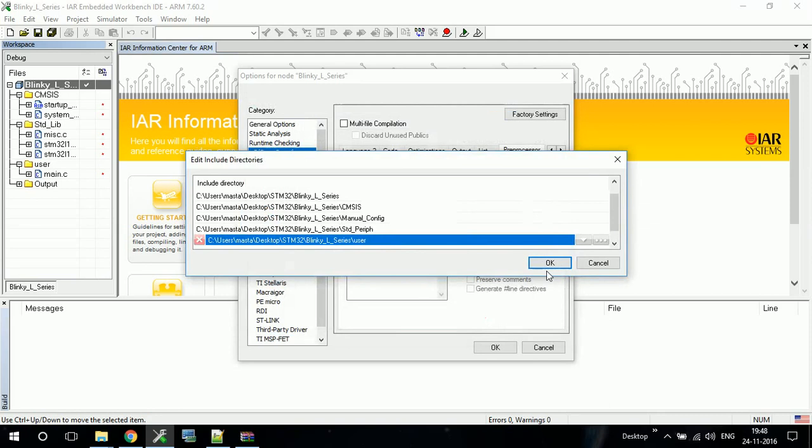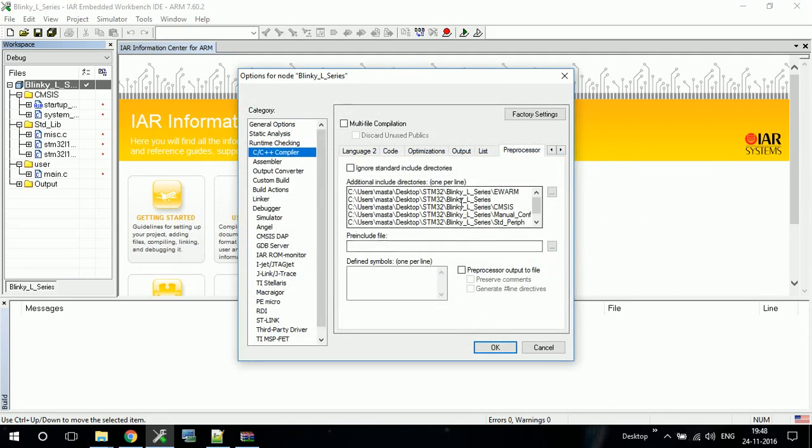Okay, so we have added all the folders. Now these addresses we have to change because these are absolute addresses, and if you change the folder or directory of your project folder, IAR will not be able to search for the files at the new address location. So you have to give locations relative to your standard project folder, that is our ewarm folder, because your IAR workspace knows which folder it is in right now.